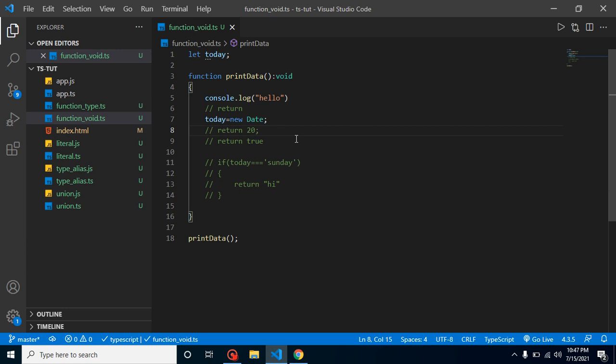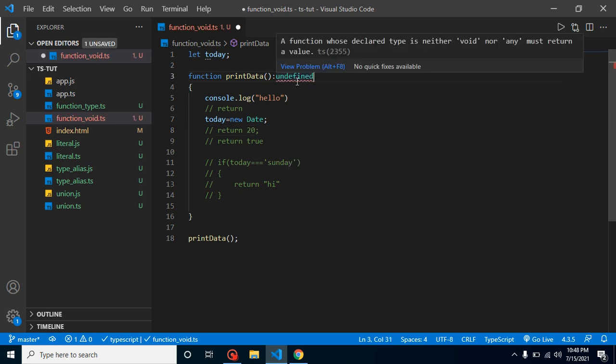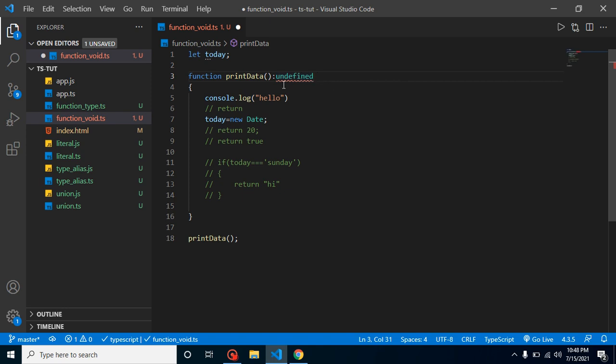And one more important thing, which is an interview question. Can we define a function as undefined? The answer is no. If you try to define undefined here, it will give an error. You can see that we can just make a function void or any. We cannot define the undefined type for it. All right. Can we define any?